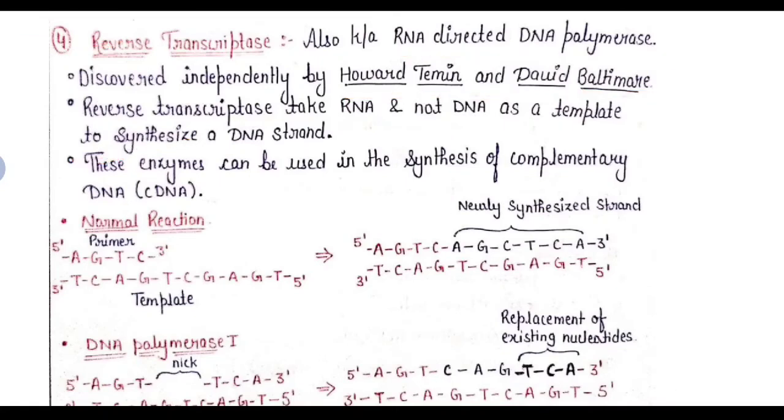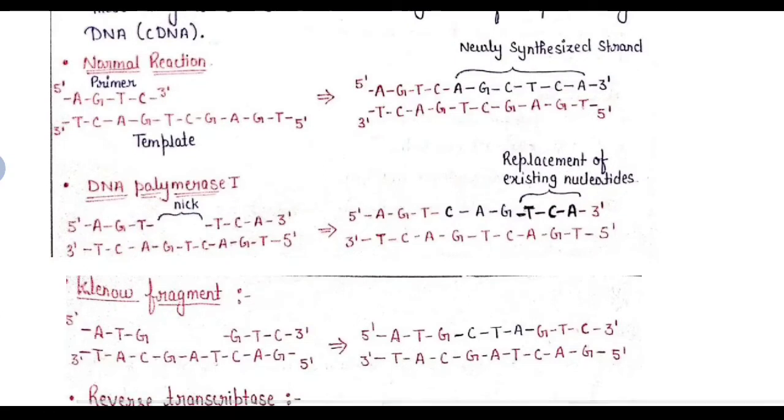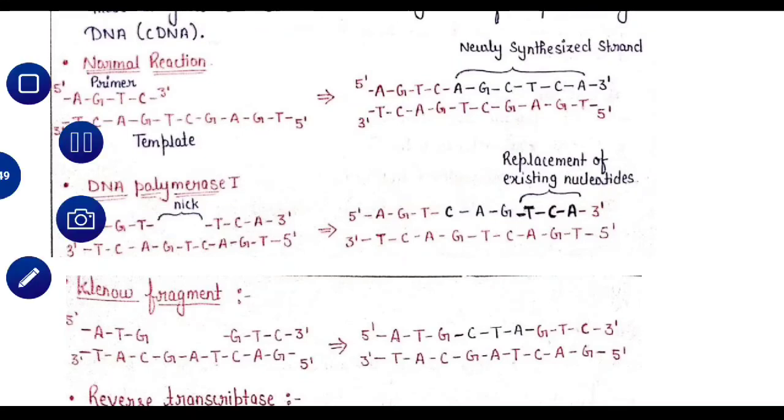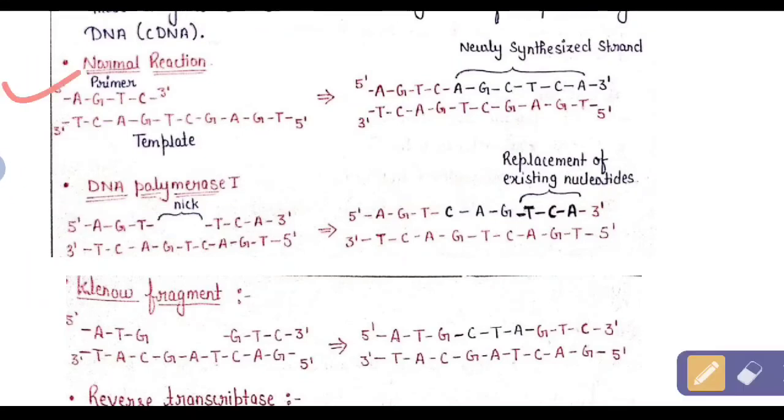Now we have certain diagrams with the help of which you can easily understand the whole processes carried out by these enzymes. The first diagram is a normal reaction in which a template DNA strand is there, and using this template DNA strand, the DNA polymerase can synthesize another DNA strand against it. Here are the primers, and by utilizing these primers it can form the DNA strand against this template. Then we have DNA polymerase 1. The major function of DNA polymerase 1 is to fill the gaps between the DNA strands after the synthesis of the DNA by DNA polymerase 3.